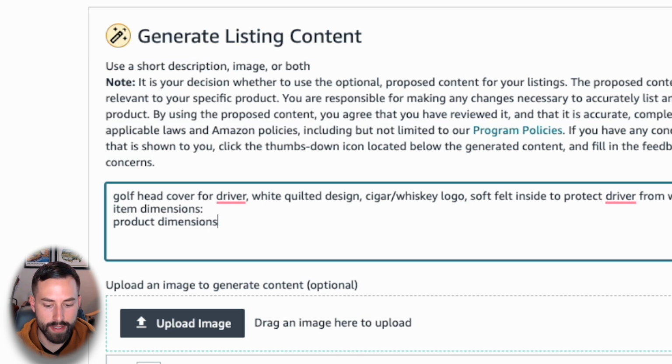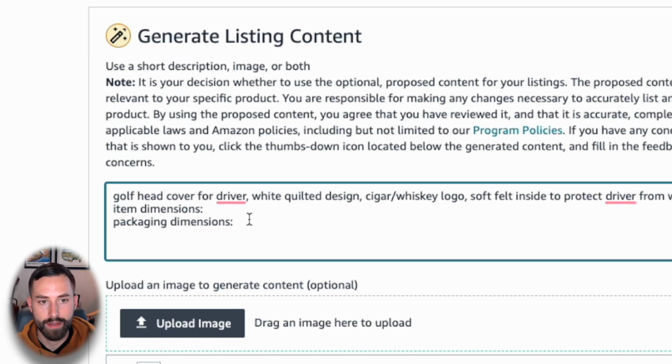Now this is important to discuss, and we'll discuss it also later on. Item dimensions is what are the dimensions of your product alone. Product dimensions includes your packaging. So you can even change this just so it makes more sense. Just type in packaging dimensions. Packaging dimensions includes your package itself, and it also includes your product within it. So there's two different items, and the package or product dimensions should always be larger